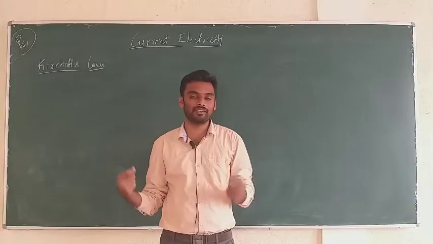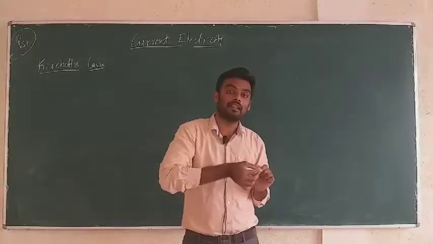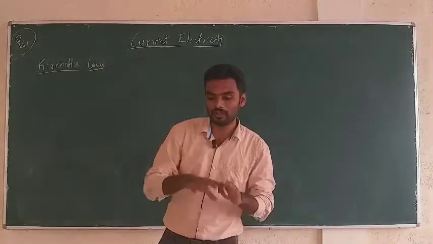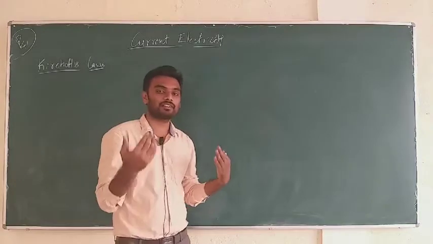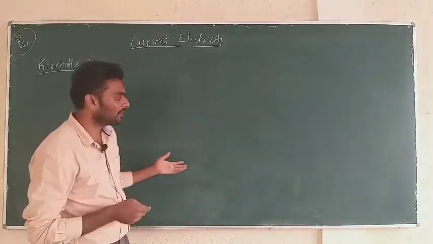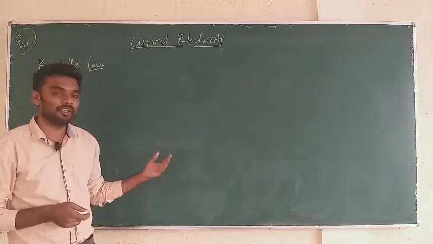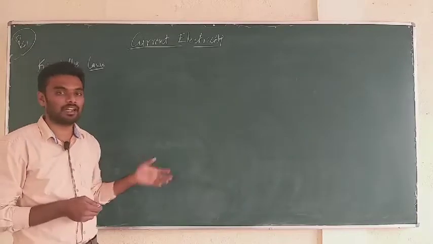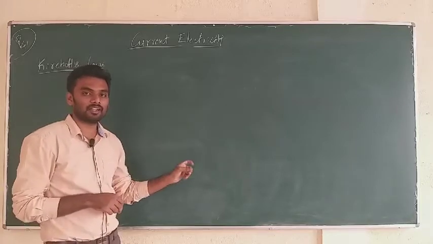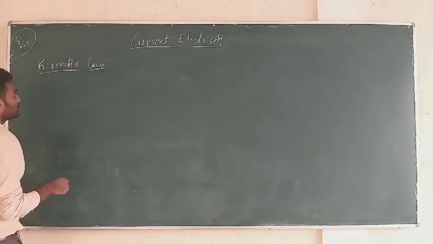The relation is very simple. Total current entering the node is equal to total current leaving the node. Okay, that's it. So you can apply that same rule for a node with multiple conductors connected with each other at that point. We just took four conductors meeting at the point, but even if you have more than 4, 8, 10 and all, even then it's always the same rule: total current entering is equal to total current leaving the node.